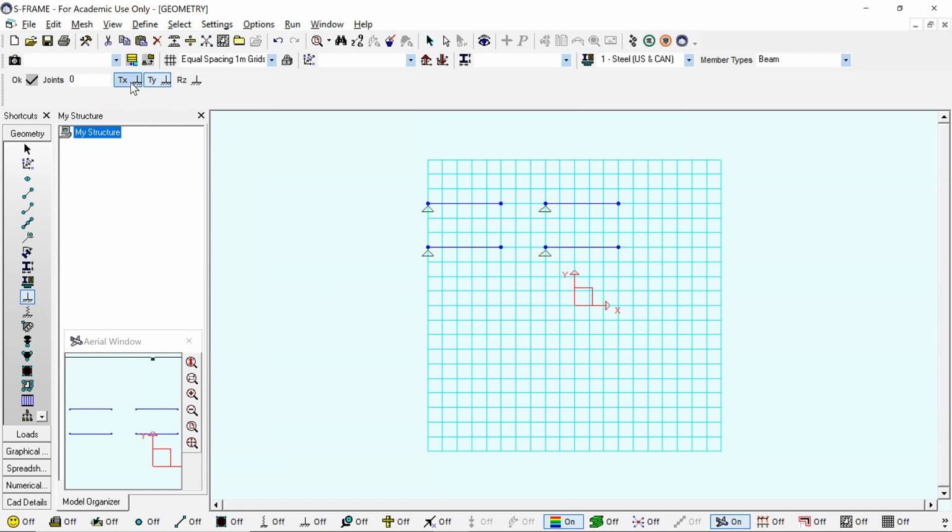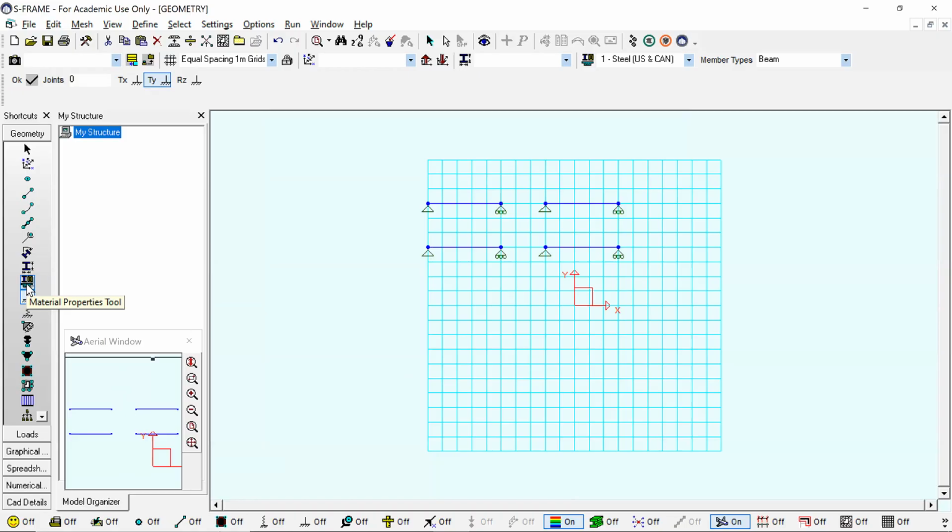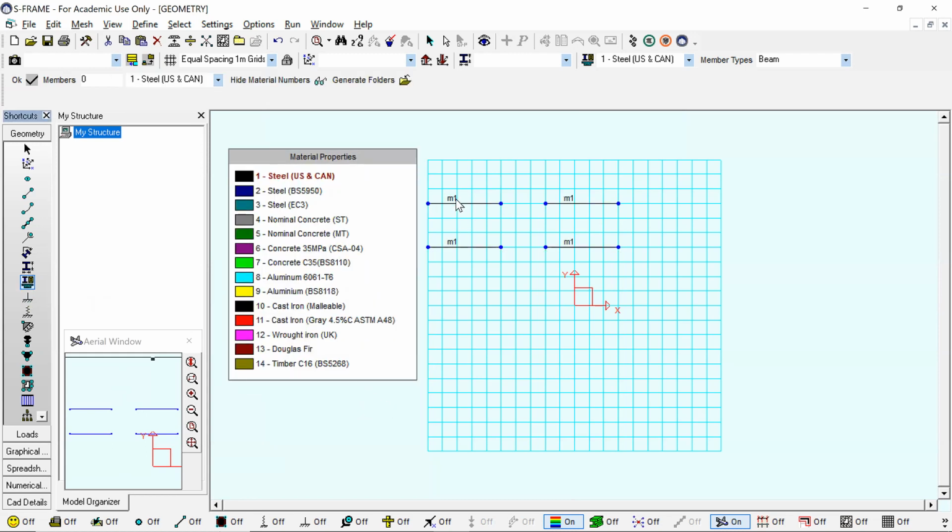On the right side, I want to define a roller support. So click here and create a box. In that way, you'll be able to define a roller support. The next thing for me is to define the material. I'll click on material properties. Here I will define steel material for the beam with uniformly distributed load, and I will define concrete material for the beam